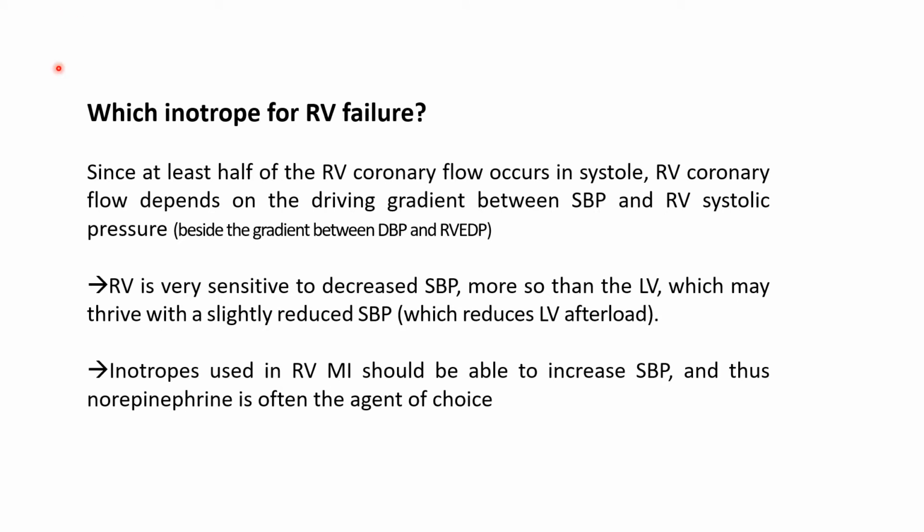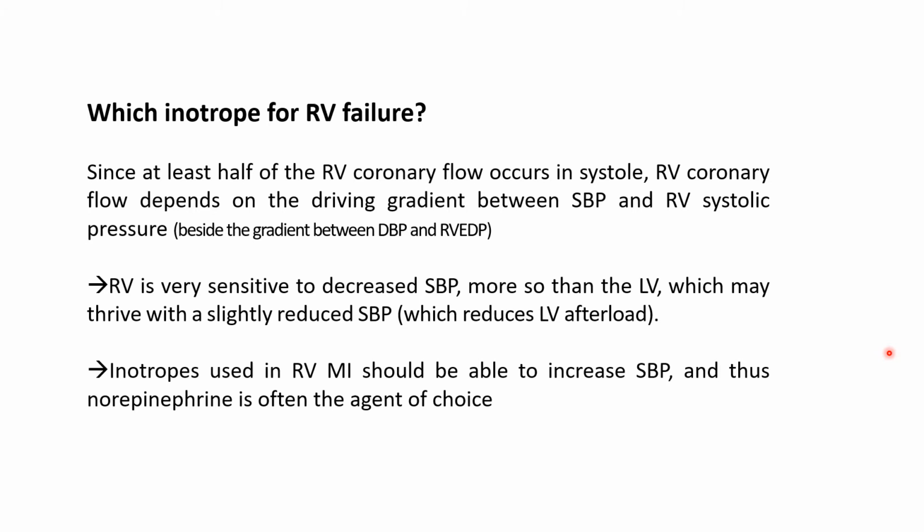Which inotrope to use in RV failure? Since at least half of the RV coronary flow occurs in systole, RV coronary flow depends on the driving gradient between systolic blood pressure and RV systolic pressure, at least as much as the gradient between diastolic blood pressure and RV EDP, the latter gradient being improved with balloon pump if used. But this dependence of the RV myocardial flow on systolic blood pressure explains why the RV is very sensitive to decreased systolic blood pressure, more so than the left ventricle,